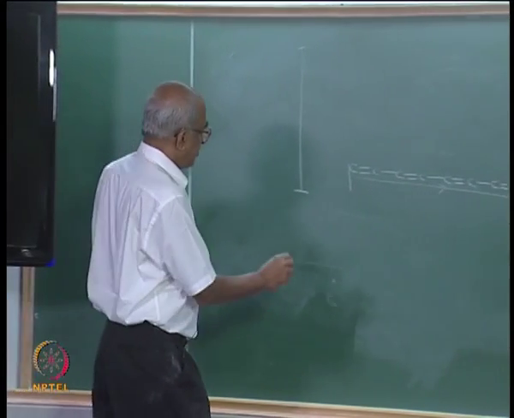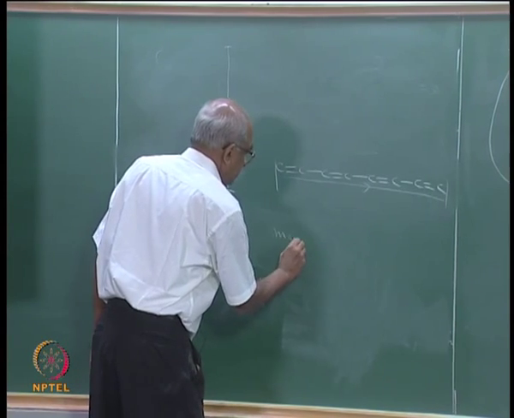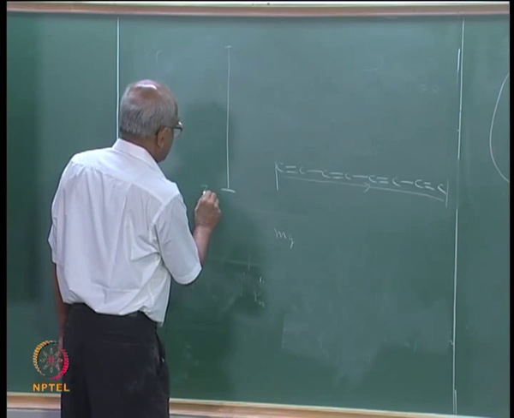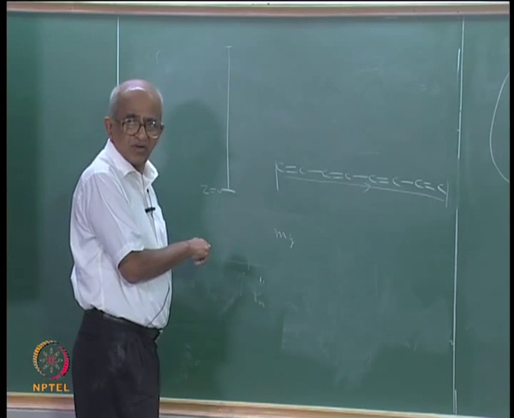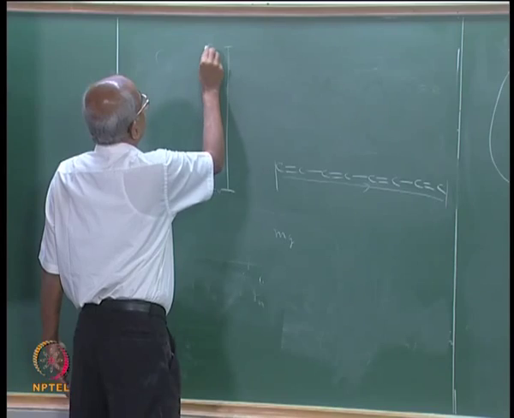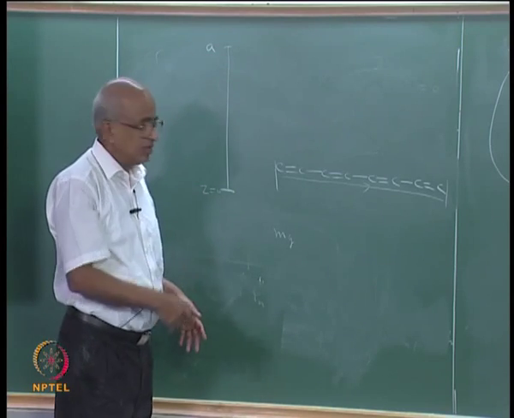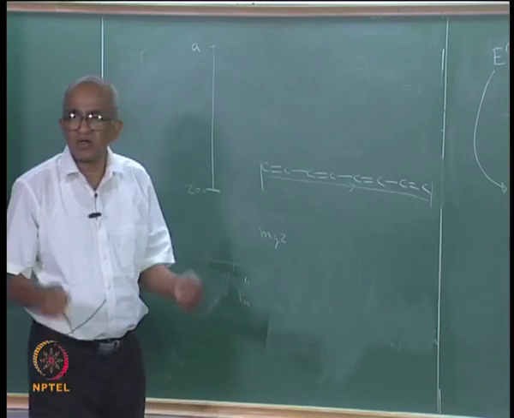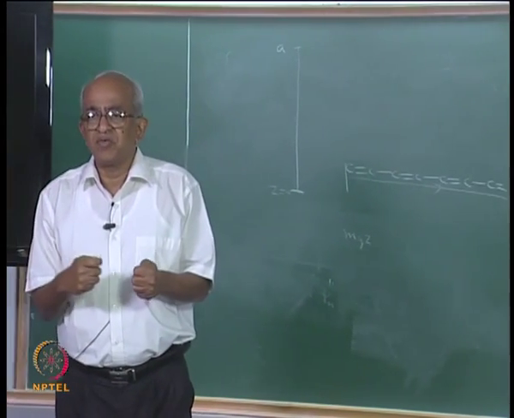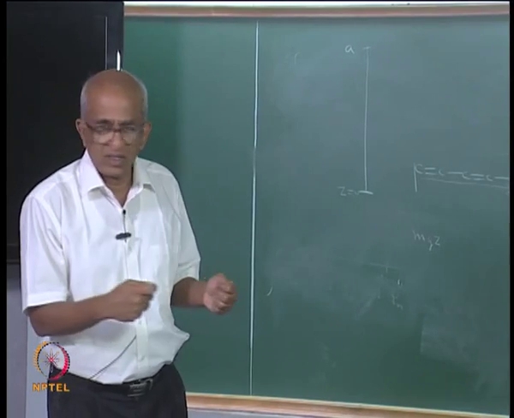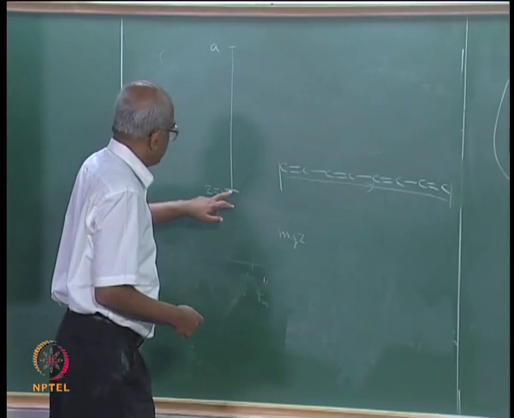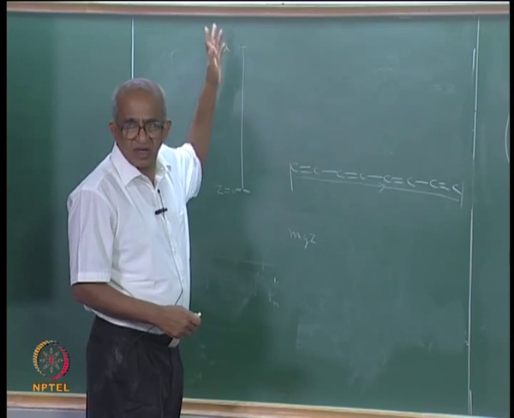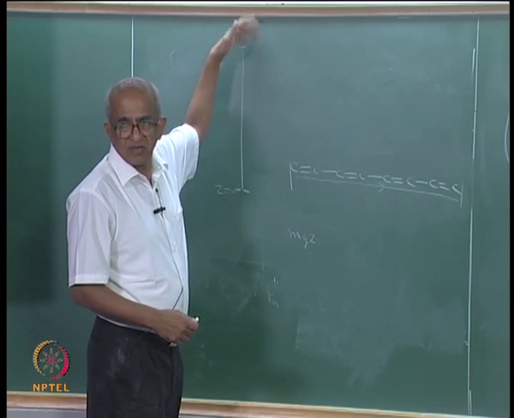Quite simple, you would have mg into z, right. This point I will take to be z equal to 0, one end of the molecule; the other end is at a height of a. So, therefore, you will have a perturbation acting on the particle in a box. The perturbation will be of the form mgz, so here the perturbation will have the smallest value, and at the other end the potential energy will be the highest,